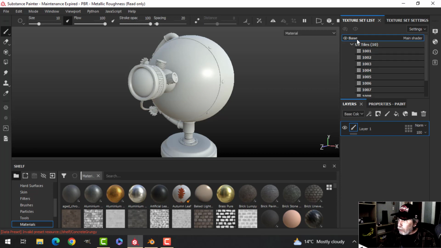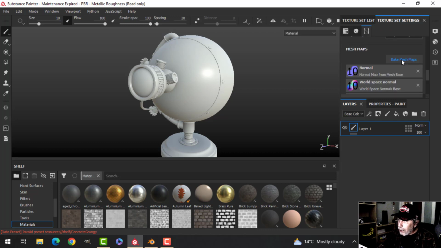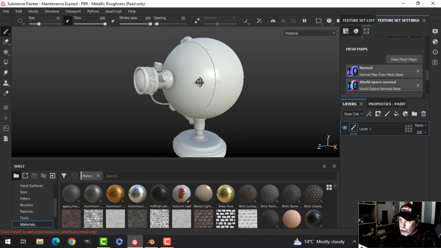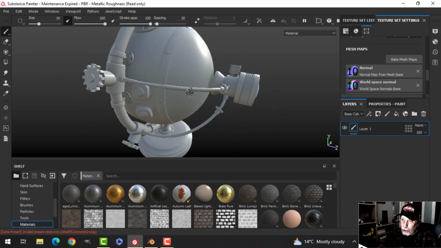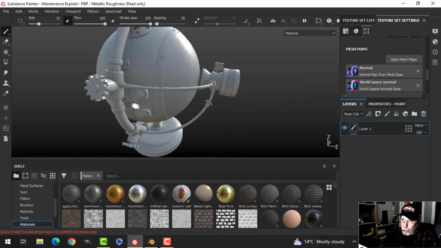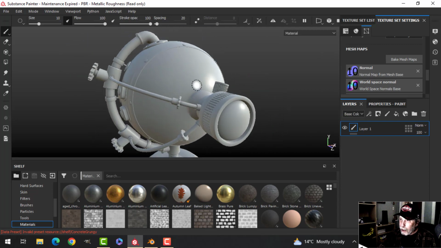When you do that, you will see this. This was the material, I called it base, and these are all the UV tiles. Okay, I guess I used 10. And the next thing you would have to do is bake the mesh map. So I've already done that to save some time, like I said. So here's the model now. Examine it and look for any discoloration or any problems, and I don't think there is any,